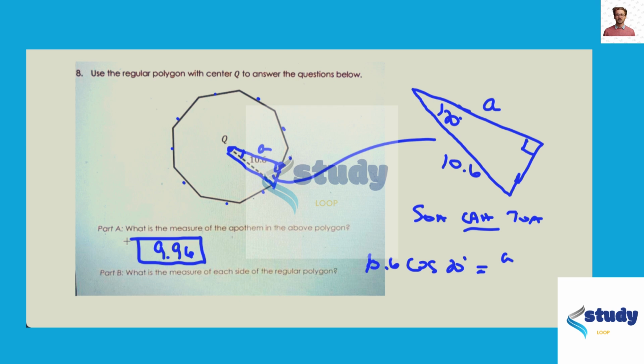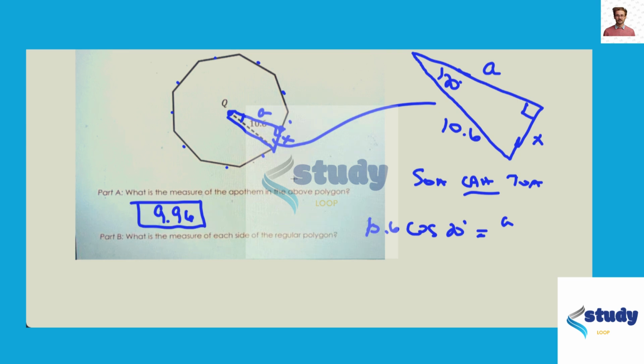What is the measure of each side of the regular polygon? Well, I will call x in this triangle part of one side, half of one side technically. And then that is the opposite to the 20-degree angle. And using the 10.6 hypotenuse, opposite hypotenuse would be sine. So we can say sine of 20 degrees is equal to the opposite over the hypotenuse. Multiply both sides of that equation by 10.6, and you got part of the side of the nonagon,